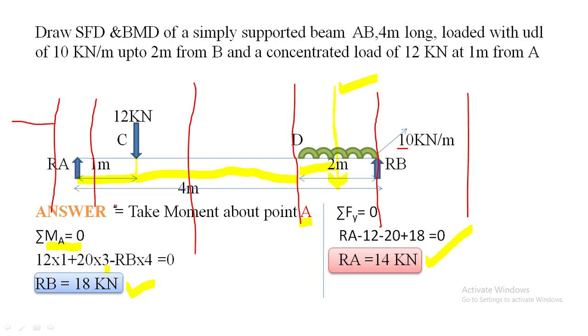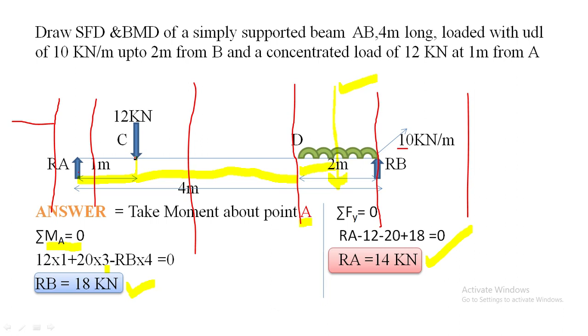First, the bending moment at A. You should look left of A or right of A and choose the side where the minimum number of forces are present. On the left side there is no force, so the bending moment at A is equal to 0. Then come to the bending moment at C. The bending moment at C is equal to 14